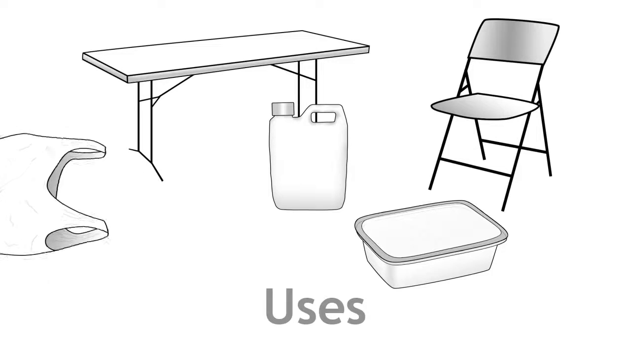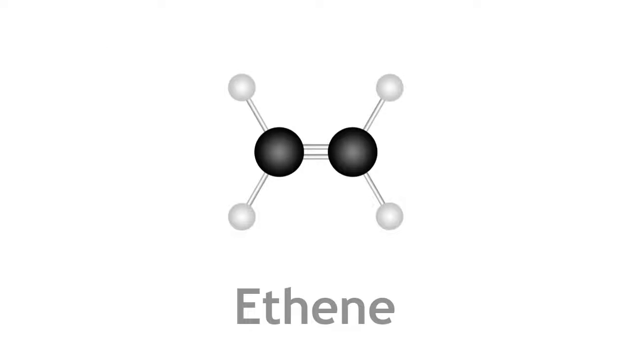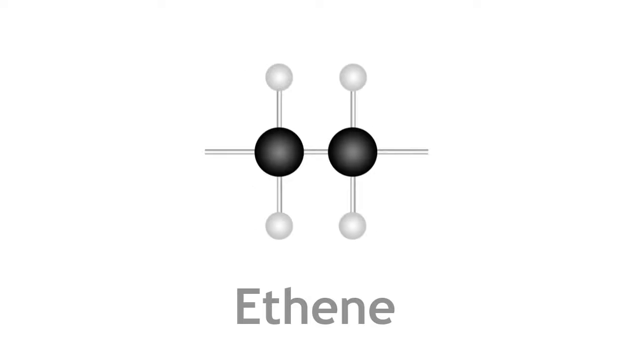Polyethene is formed by the polymerization of ethene. Ethene is an alkene with two carbon atoms joined by a double covalent bond. Polymerization occurs when this double bond breaks at a temperature of around 200 degrees C and a very high pressure